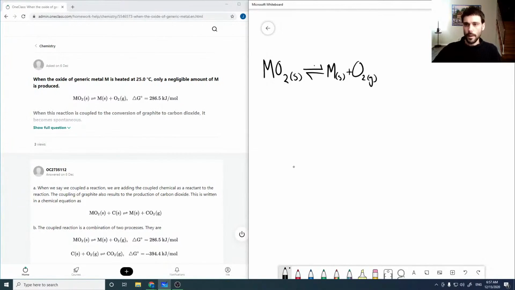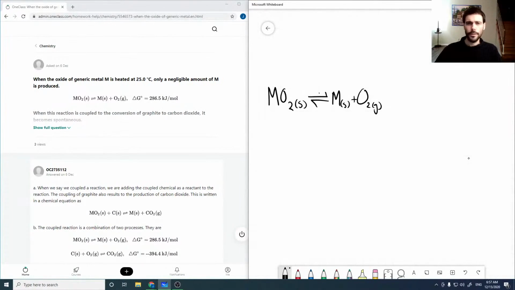I'm just going to migrate it so I don't cut it off. Okay. And now when it's coupled to